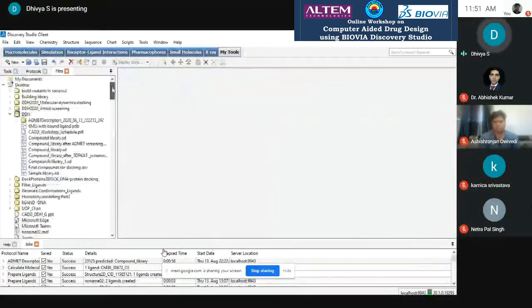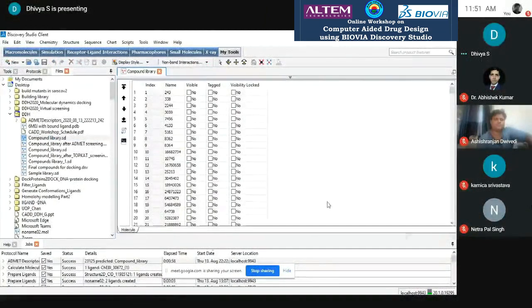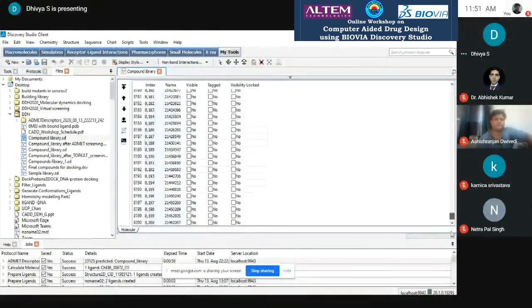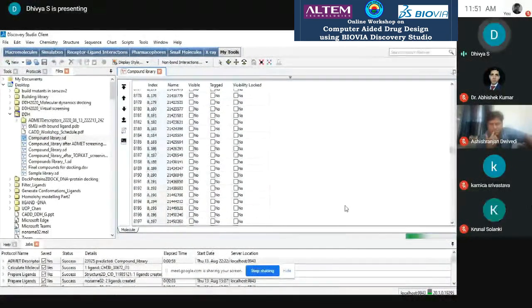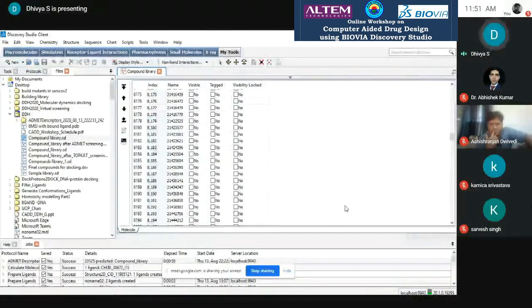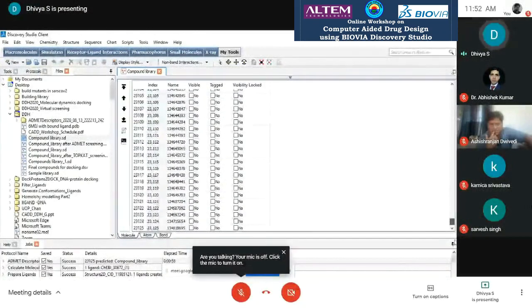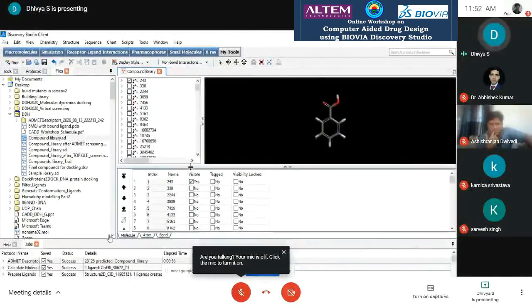Now I have approximately 25,000 molecules in my hand, for which I am going to show you the ADMET, TopCat, and preparation screenings. I loaded the molecules like this, which are saved in .sd format. So it is now loading, because there are 25,000 molecules. If you have good RAM capacity, it is not a problem at all. If you want to see, you have to click here and you can see your molecules.